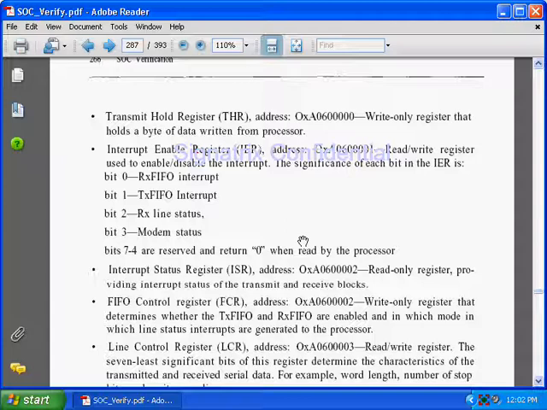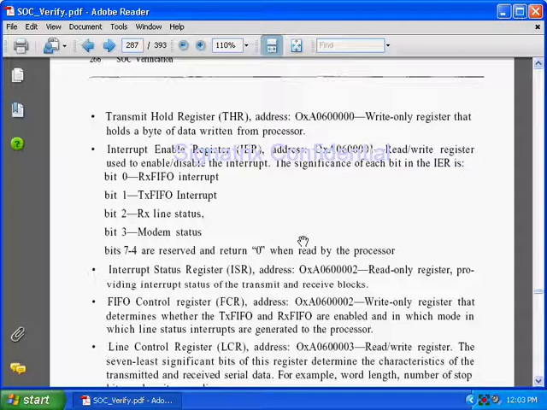Now coming to the interrupt status register. The permission here is read only. It provides the interrupt status of the transmit and receive blocks. They are trying to say that you can tell the status of the transaction. For example, if data is received from the PHY side, then it will enable one status bit in the interrupt status register.